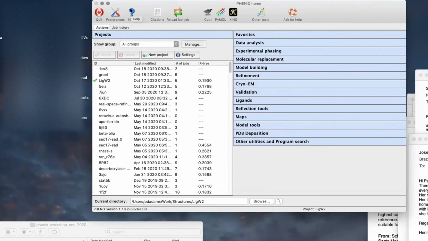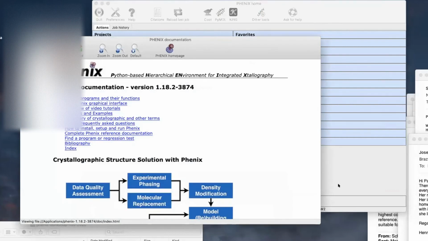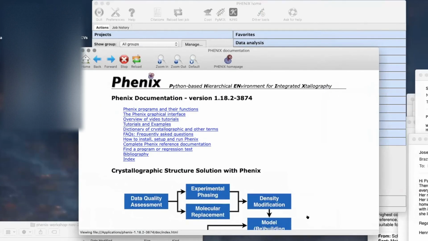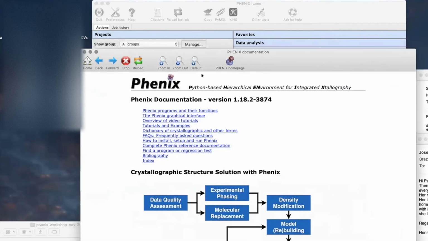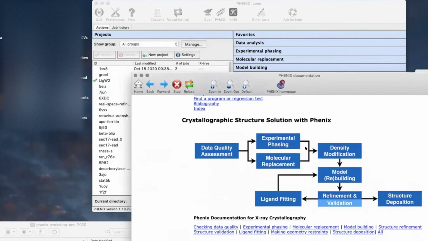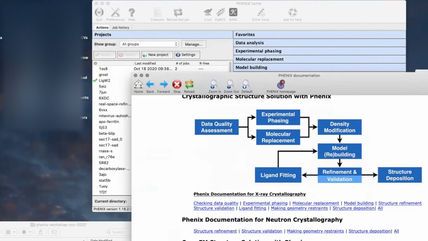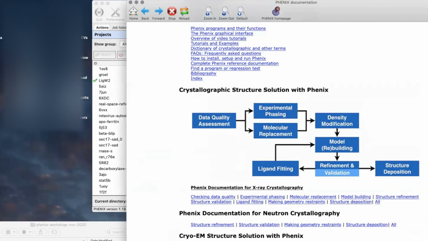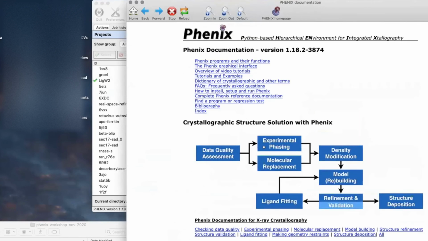There is a help button here, and that will open up either this kind of window here, or on some platforms it will open up a web browser. But this will give you the documentation for that version of Phenix that I just opened. And so,